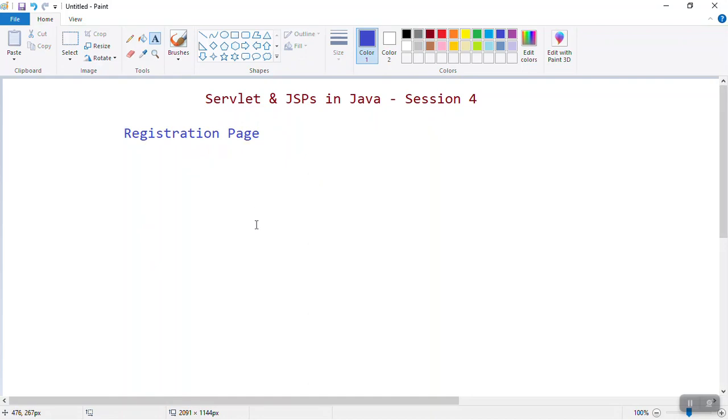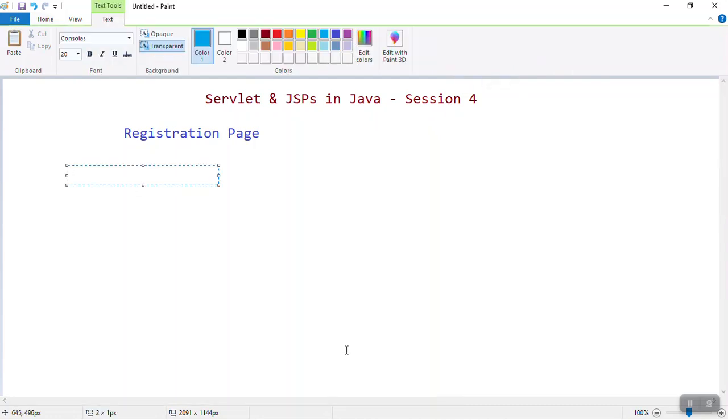And currently we are only working on the servlets and JSPs part, so I will not be focusing a lot on the UI part. I mean, I will not be focusing a lot on the CSS and the Bootstrap part. We will be mainly focusing on the HTML as well as the Java code. So in this registration page, we want very basic details, very simple details. You can further extend it as you wish, but for now we will have very simple details